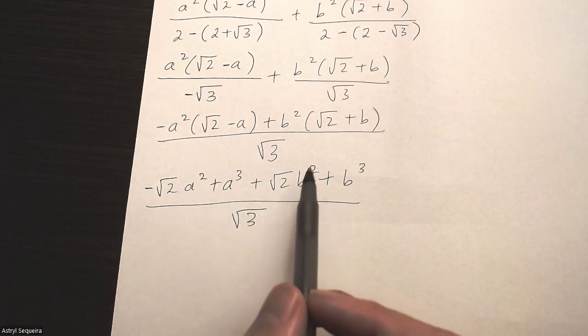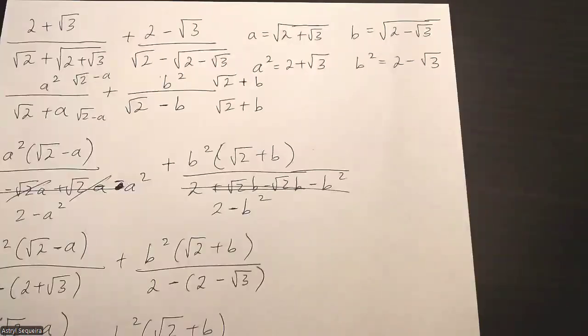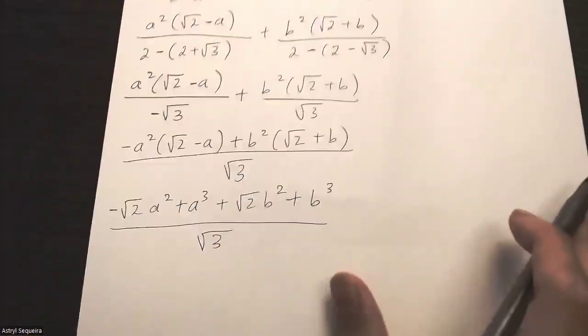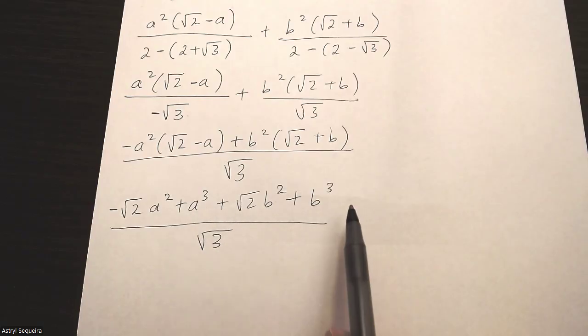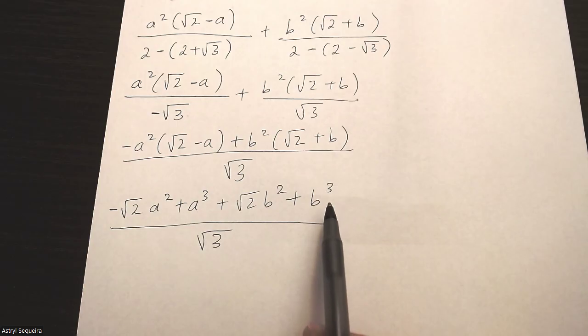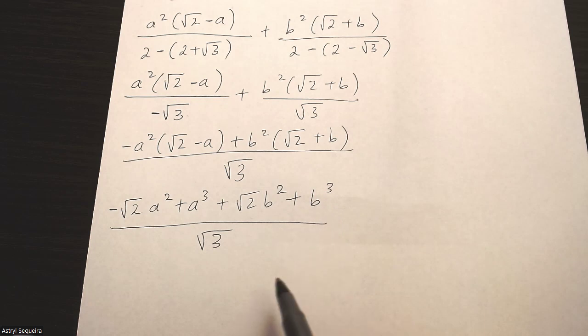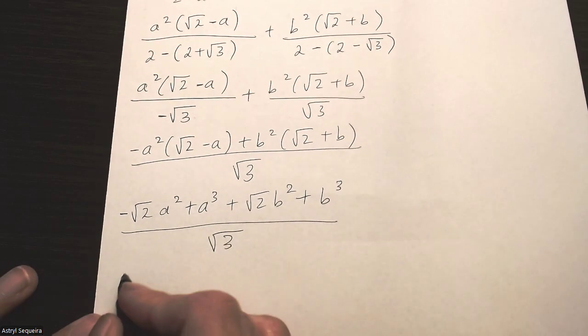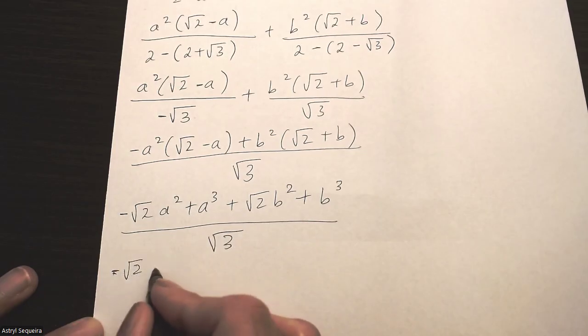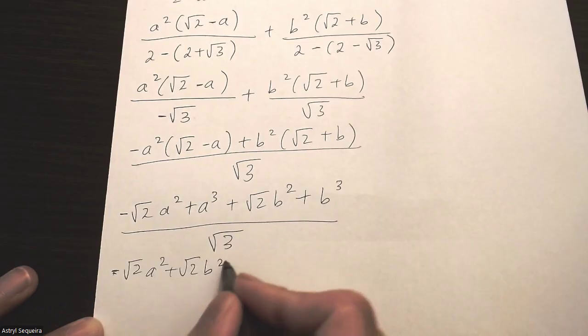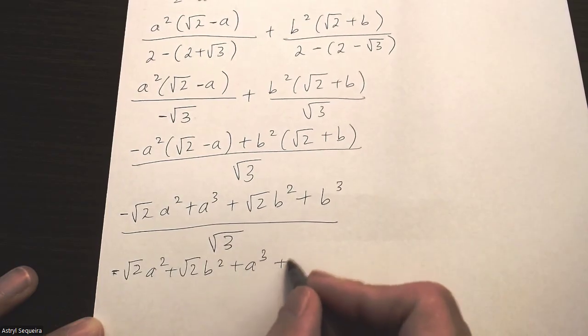We have a couple of a squares and b squares, which are pretty easy to replace because we know what those are. And a cubed plus b cubed. Okay, to simplify a cubed plus b cubed, we've got to do a difference or sum of cubes, I guess. Sum of cubes. I think that would probably be the best way to do it. So I'm going to write these two terms together, negative root 2a square plus root 2b square plus a cube plus b cube